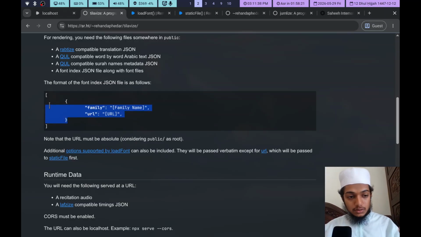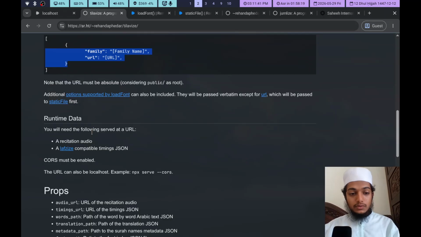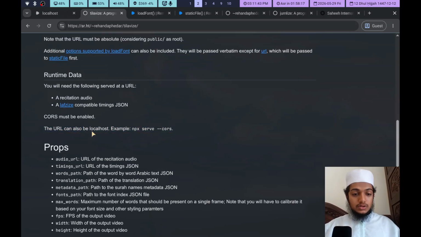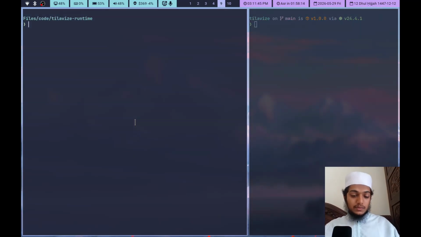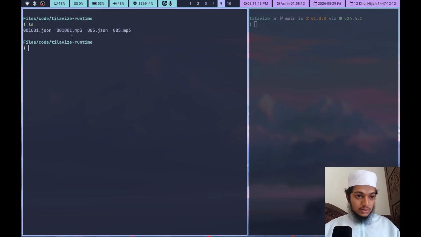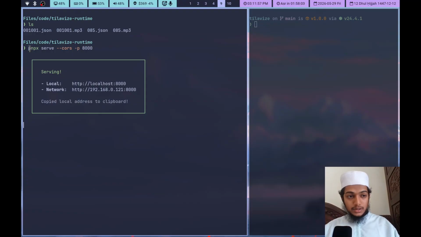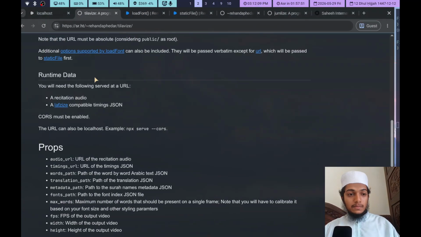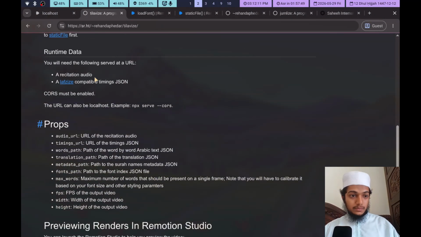So what I've decided to do is use a URL for it. You can just put all of those files somewhere. Like I have this here: this is chapter 1 verse 1, and this is chapter 85, and you can just run this command. You can use npx also; I'm using pnpx serve. You have to enable cors, by the way, and I'm setting the port to something custom. You can use another web server as well, but remember to use cors, otherwise it won't work and you'll get problems.